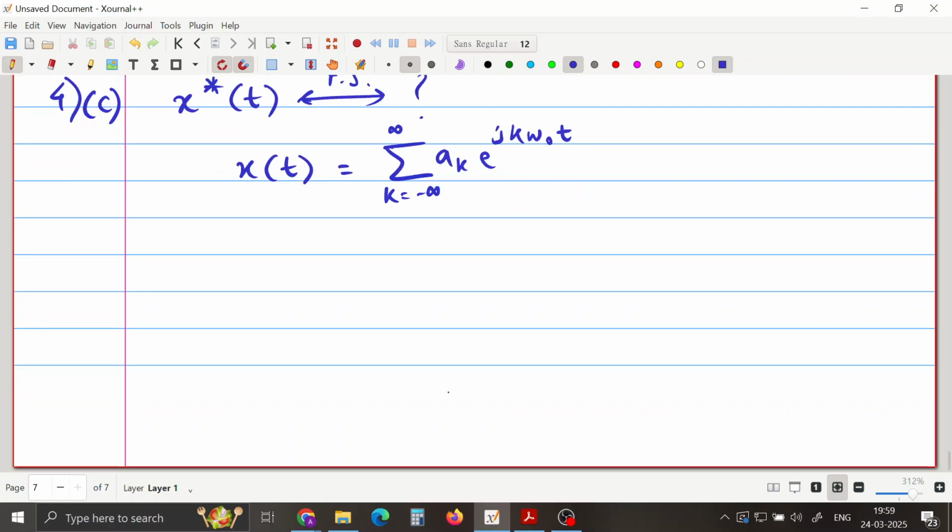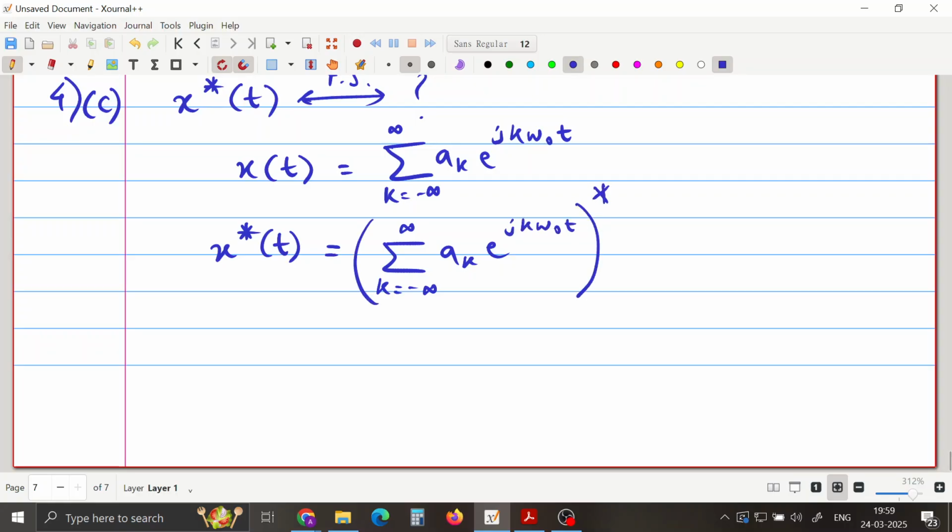Now what about x star of t? So I am taking the complex conjugate of x of t. So I have to take the complex conjugate of this whole thing, right? My entire function, e power jk omega naught t, this whole conjugate,